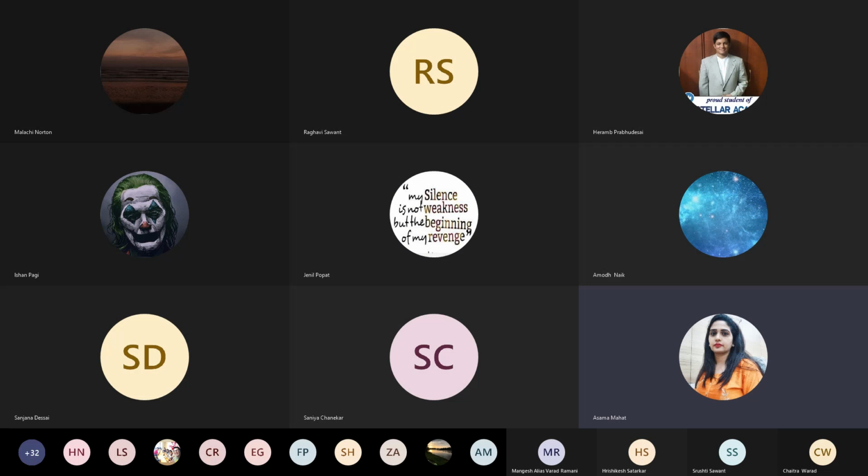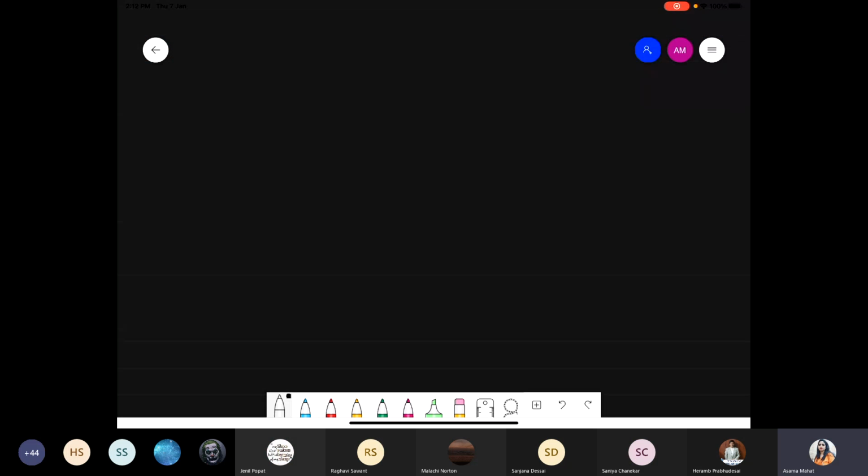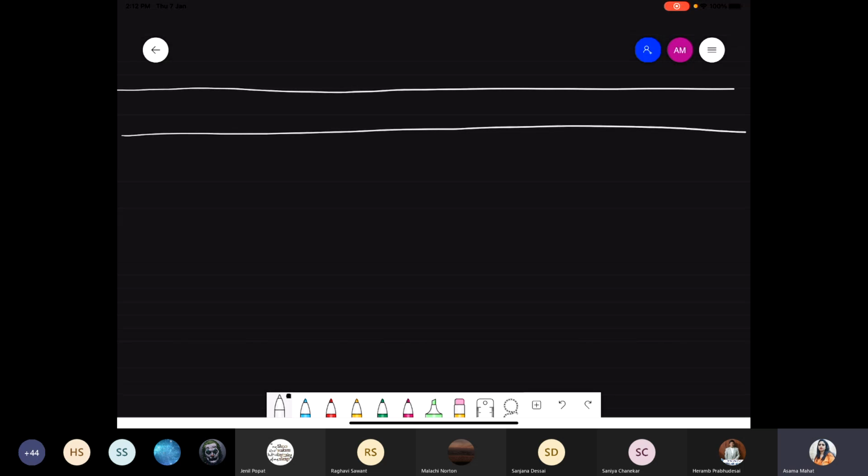In case of the cork cambium, we discussed they are present toward the outer side. Cork cambium cuts toward the outer side and forms cork cells, also called the phellum. That same cork cambium cuts toward the inner side and forms the secondary cortex, also called the phelloderm. So quickly we are taking the basic difference between the cork cell, also called the phellum,